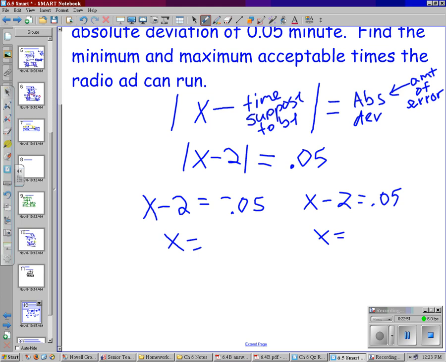What is the x equal to on this first equation up here? What is x equal to on this first one, Ben? 1.5. 1.5? No, it is not. Might want to check out your math. Jake? What does x stand for? The actual time that it ran. Okay? The actual time. I shouldn't say actual, I should say exact. The exact time it ran. Time of ad. Okay? The exact time minus what it was supposed to run for equals how much it was